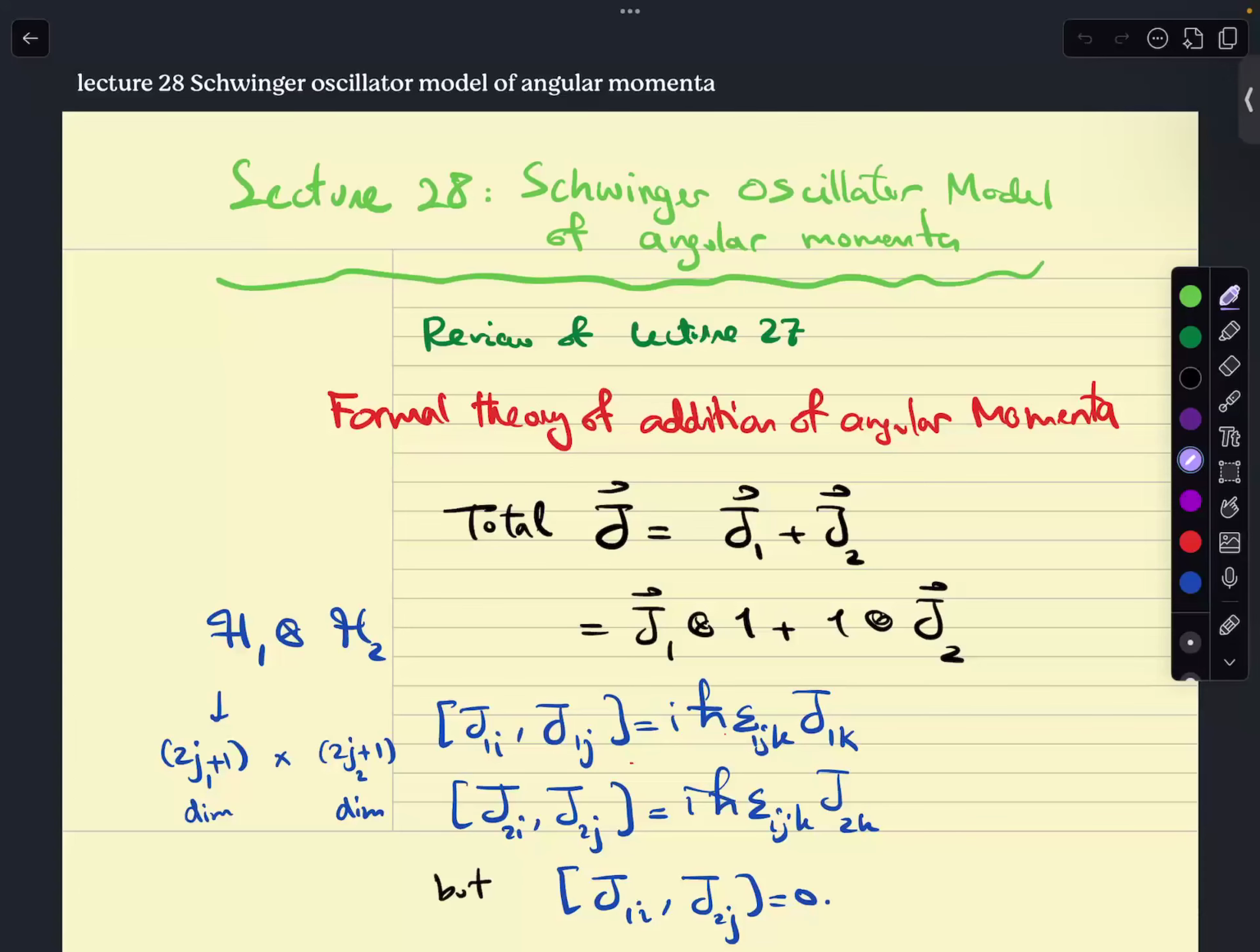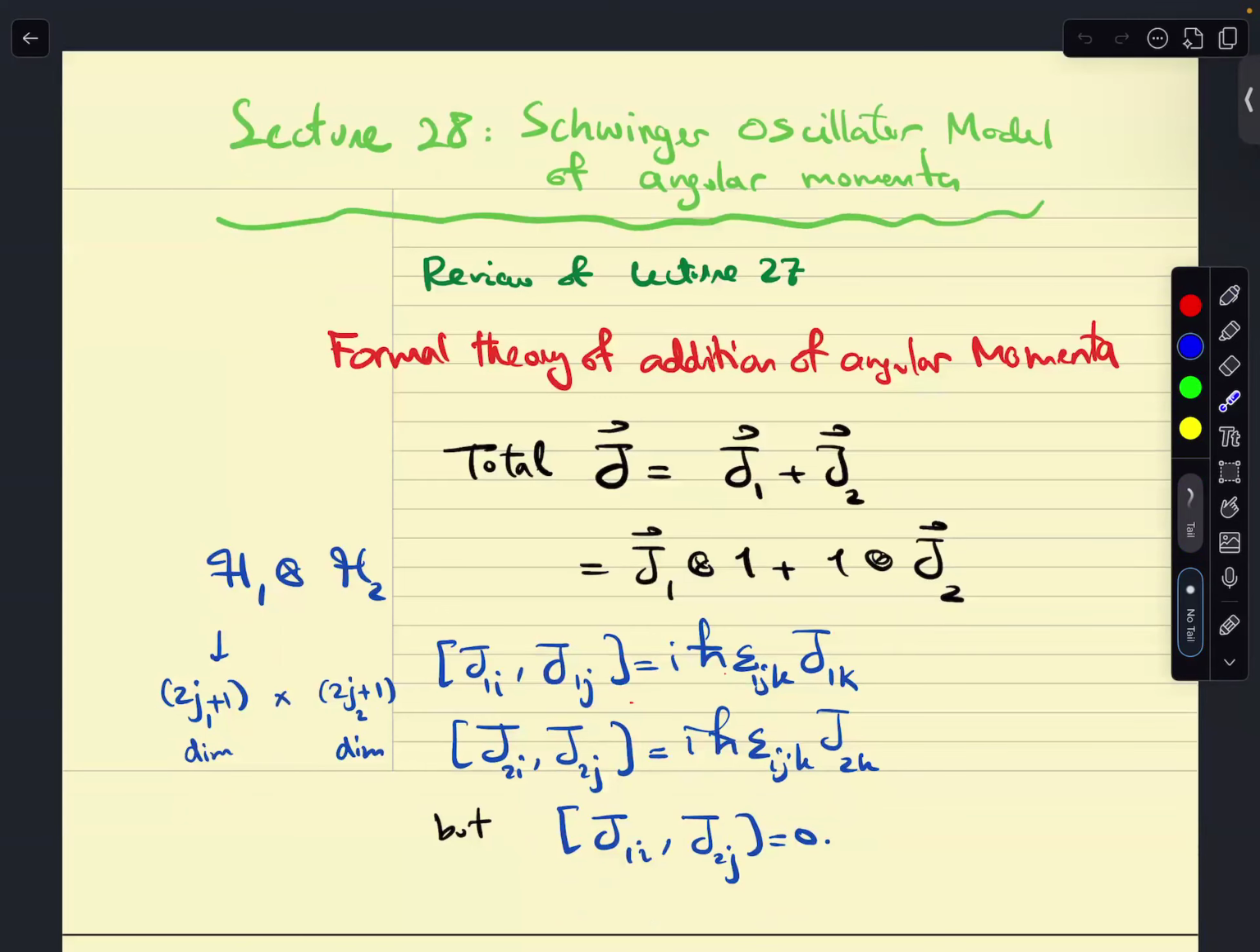Today, in lecture 28, we're going to discuss the Schwinger oscillator model of angular momentum. This is the last lecture of the part that's about angular momentum. So let me start with a review of what we discussed in the last lecture, which was the formal theory